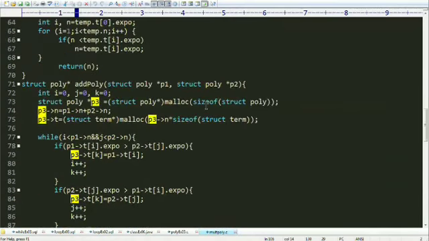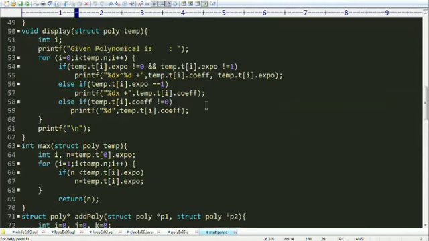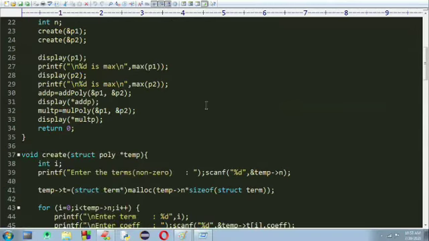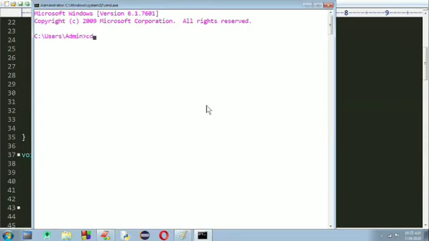Okay, I'm just executing this program. Opening command prompt cmd, where the program is present in the E drive, in the data structure folder.